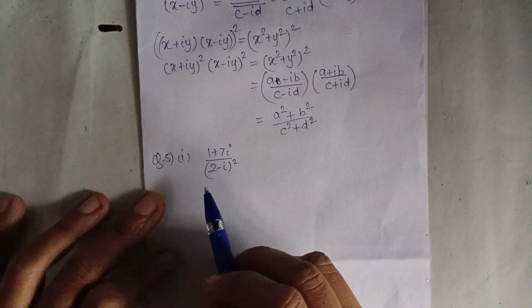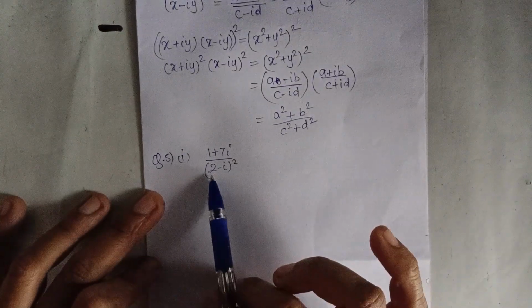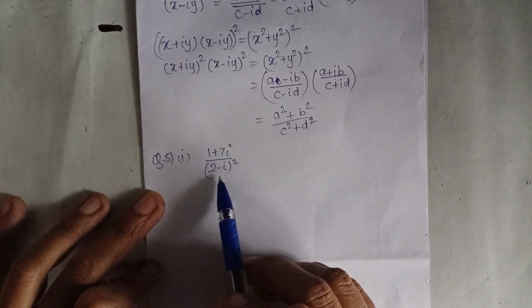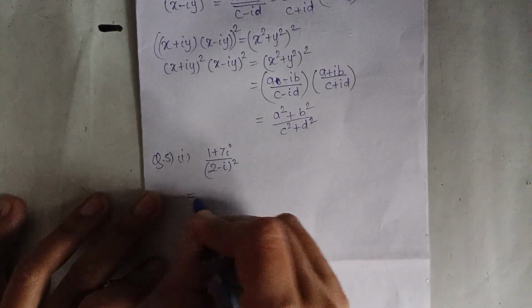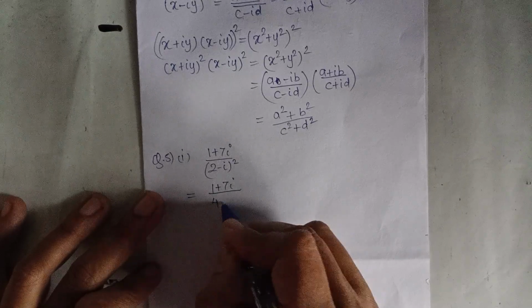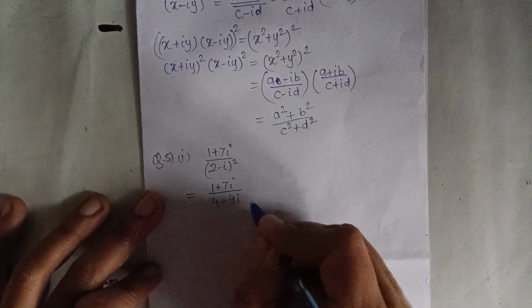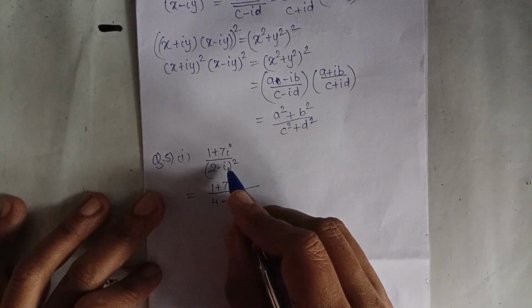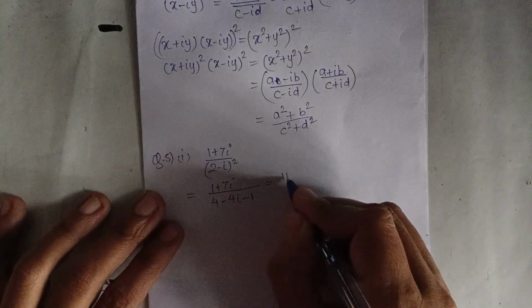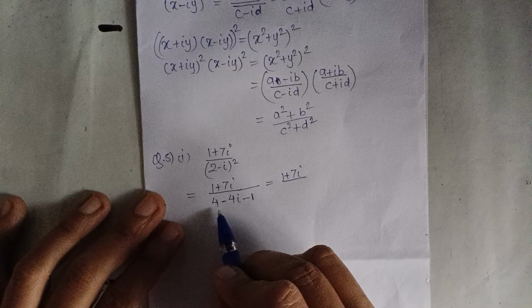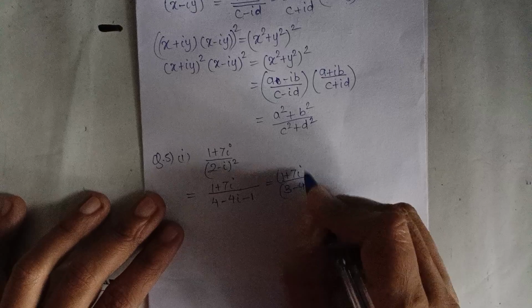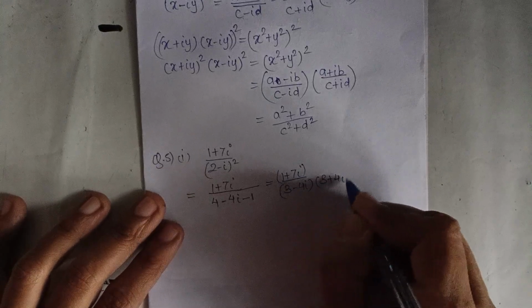Question 5, you have to convert it into polar form. So first you have to convert this into a plus ib form. So this is (2 minus i) the whole square. Squaring, expand it, we will get 2 square minus 2 into 2 into i plus i square, where i square is minus 1. So 4 minus 1 is 3 minus 4i. So multiplying by its conjugate,